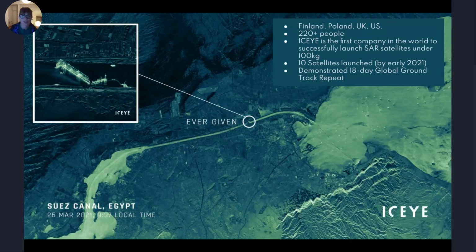And the cool thing about SAR is that not only can it see day-night, so you no longer need the light of the sun to observe down below at the Earth, but you can also get these really beautiful, perfectly repeat images consecutively over several hours or over several days, as the case may be, and you can look at all the time change. So this image is a SAR image. This was, of course, the infamous Ever Given that was stuck in the Suez Canal a couple weeks ago. And just to give you a sense of what you're looking at, of course, in geospatial, we're looking at the Earth. You can see various boats here waiting to pass through. And then in the zoom-in here, you can see the vessel itself.